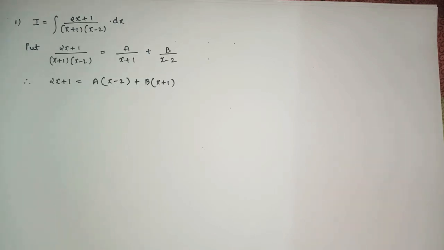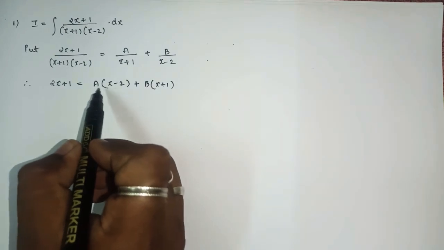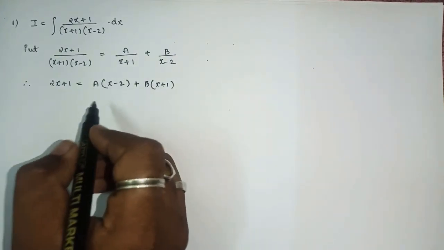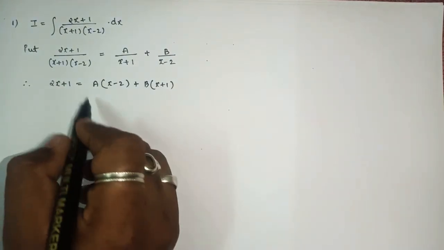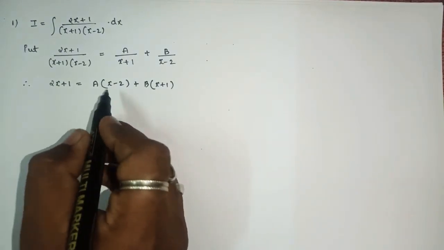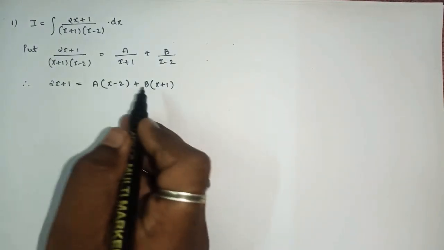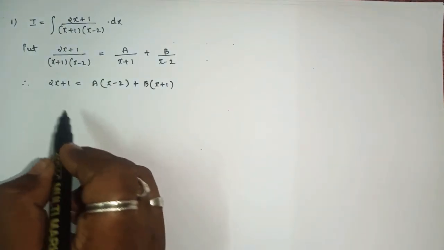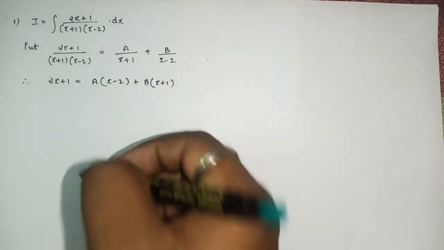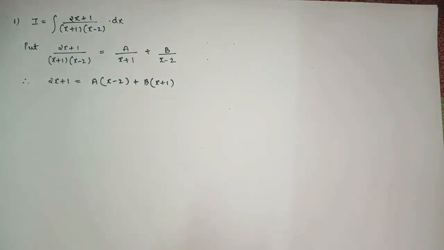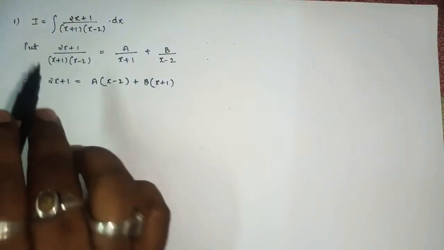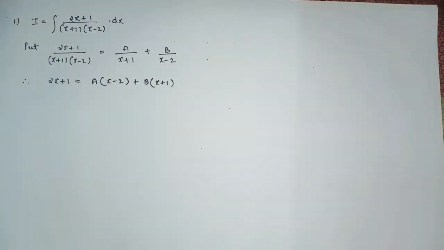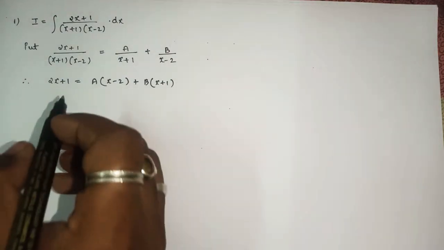Now after this also there are 2-3 different methods in which you can find your answer. The first method is what? Open the brackets with this A and B, arrange the like terms with respect to x and with respect to constants, then compare the left hand side and right hand side coefficients, and then solve the sum. That is the first method. The second method, compared to the first, I will say is very easy. So I will show the easiest method here.